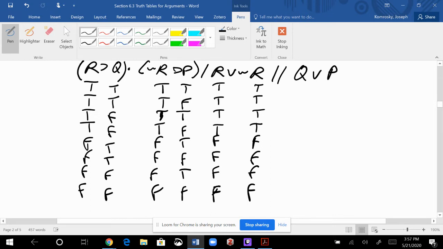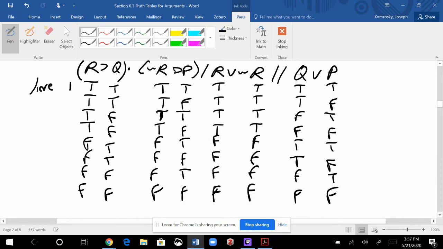Q, and we know the Q's are... Okay, P. All right, so we got them all, and then we just go back to the basics. We say, hey, line 1, 2, 3, 4, 5, 6, 7, 8. And what we want to know,